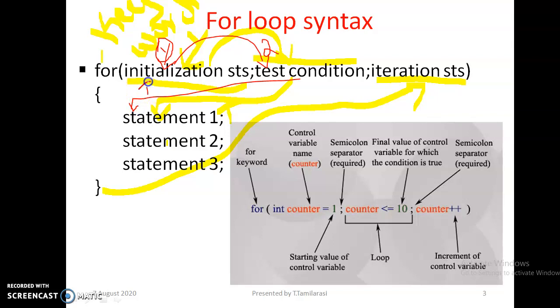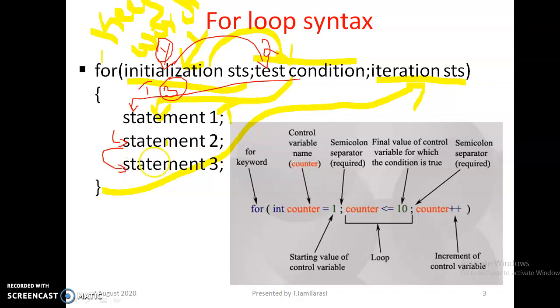That is when the test condition is true. If the test condition is false, it comes out from the for loop. If the test condition is true, it executes the block of statements: it executes the first statement, then after completing statement 2, completes statement 3.